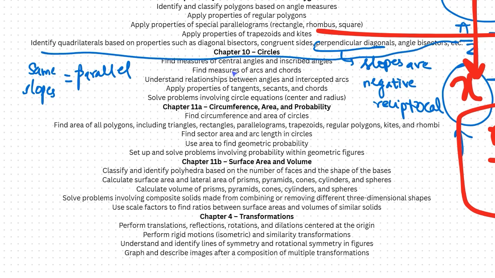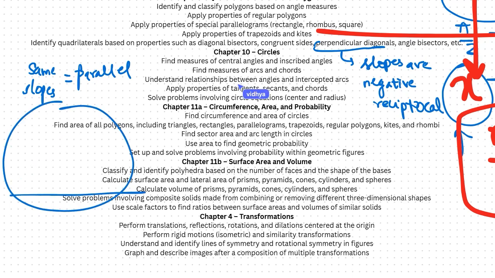Chapter 10. Circles. Circles means measure of center angles and inscribed angles. Okay, I think you know that. At center it will be more, right? So if this chord makes, let's say, 120 degrees at center, angle on the circle will be